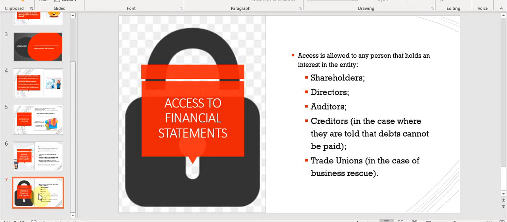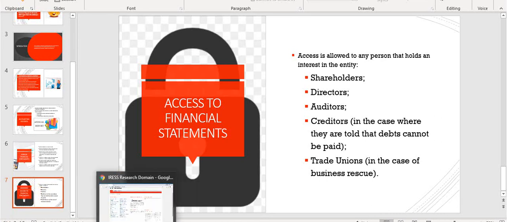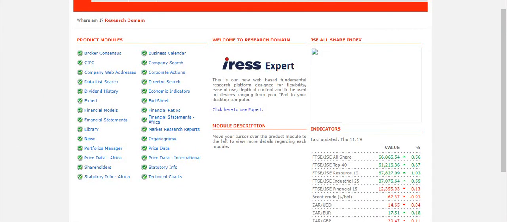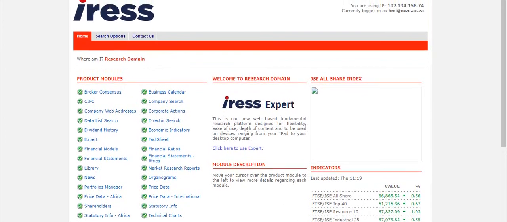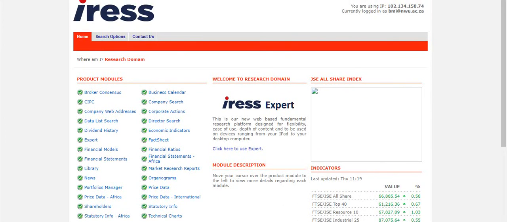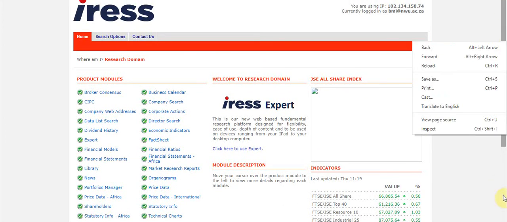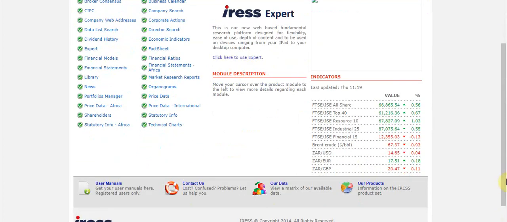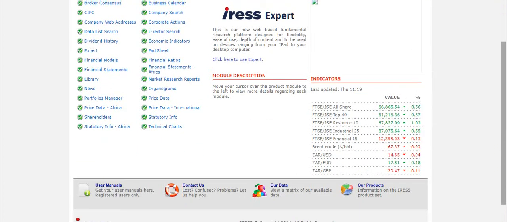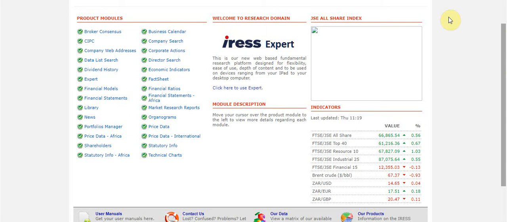All right, interesting. Some resource that I would like to share with you is a resource that is called IRIS, and this was formerly known as BFA McGregor. And I just quickly want to show you, as you know, I'm very interested in finance and collecting financial information. And if you are interested, I can provide you with a password to log into this Iris Expert.